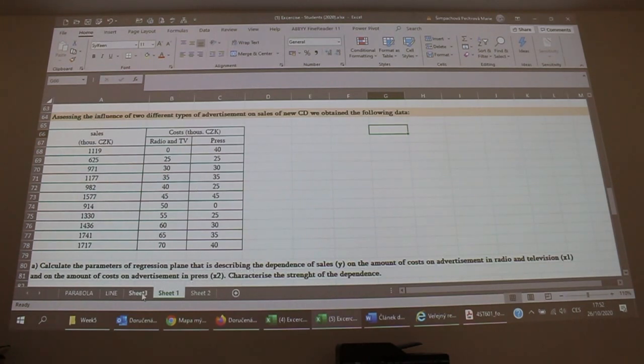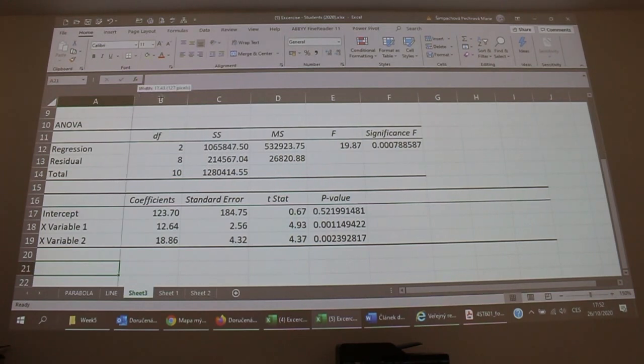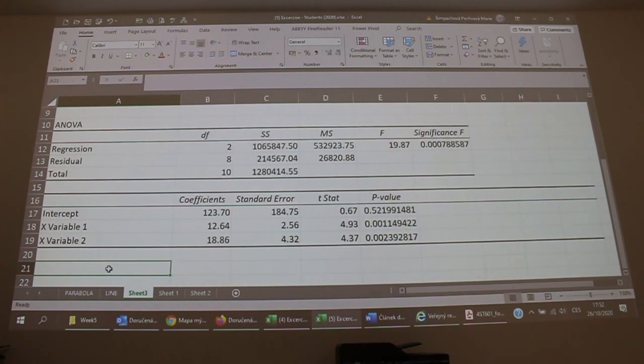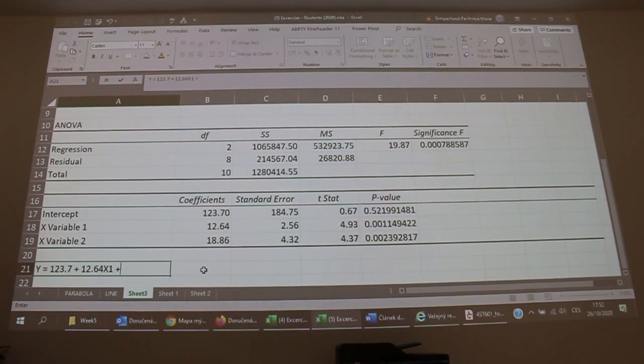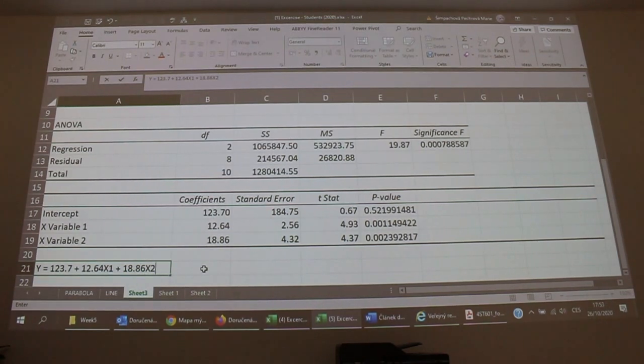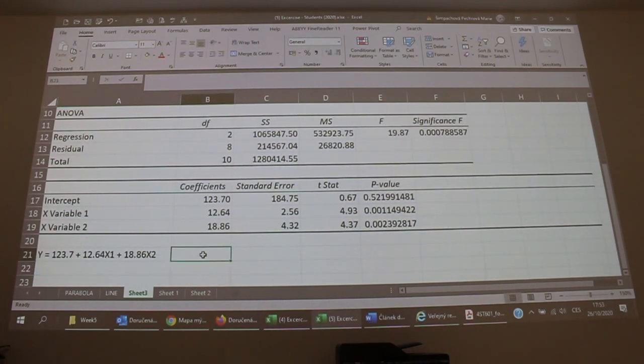So I will write the function of the regression plane, yes? So y is equal to intercept 123.7 plus 12.64 x1, the first variable, radio and television, plus 18.86 x2, press, the journals and newspapers. Okay, so this is the function, this is the model of the regression plane with two